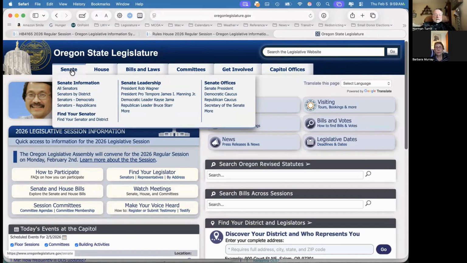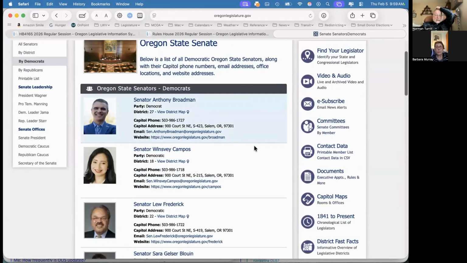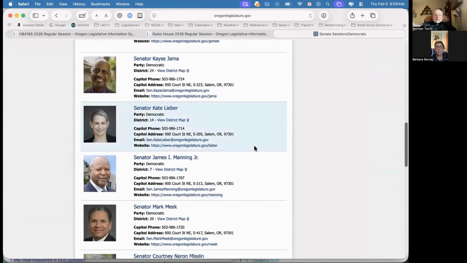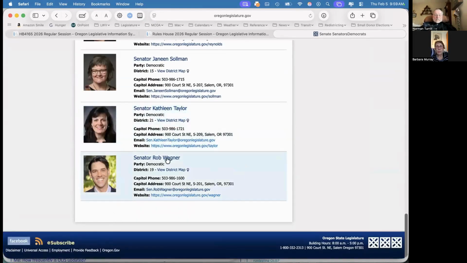If you wanted to get to your own senator, you would click on this, and I happen to know that my senator is a Democrat, so this is a list of all Democratic senators. At the very bottom of this list is Senator Wagner. You can see that he has an email address here and a phone number where you can get a hold of his office, and the website for his particular